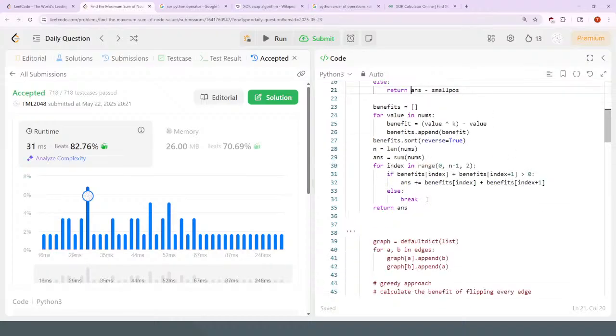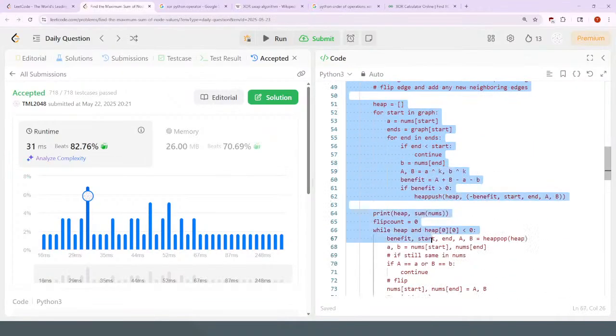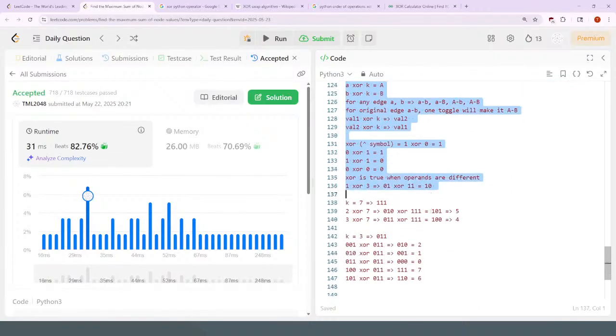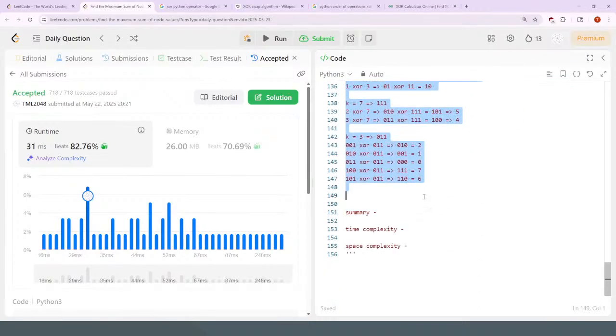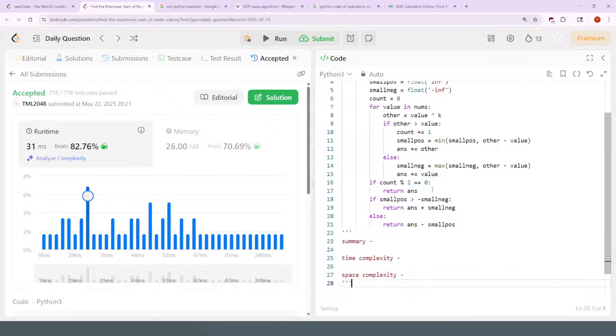I am done. Alright, this is an unusual one. Pretty darn unusual. It's one where you just do the math, I guess. So, summary. This kind of fast solution